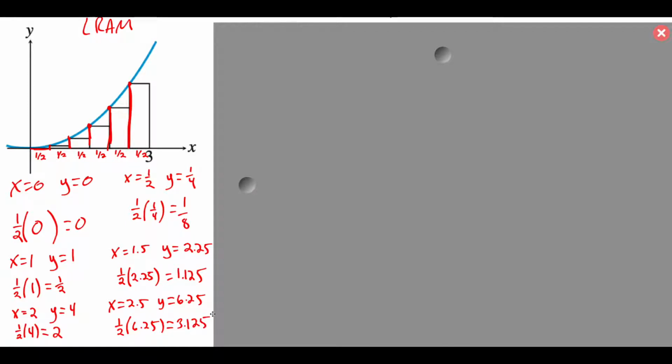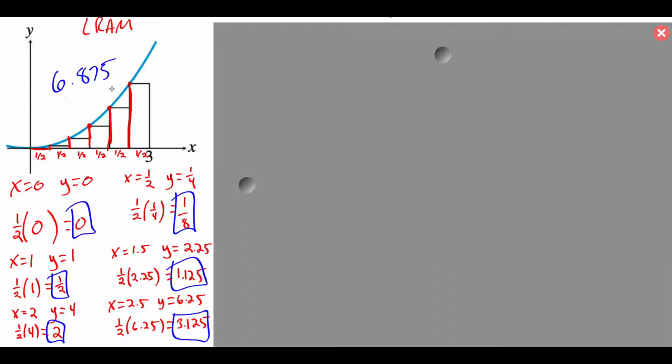3.125. So now to figure out the total area underneath this curve, we're going to add up all of those individual areas that we just found from all of our rectangles. And if I go ahead and add all of those blue boxed numbers together, I get an area of 6.875. So we're guessing that the area underneath this curve using these left endpoint approximation rectangles is going to be